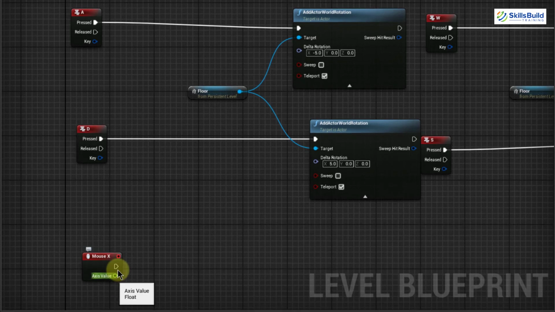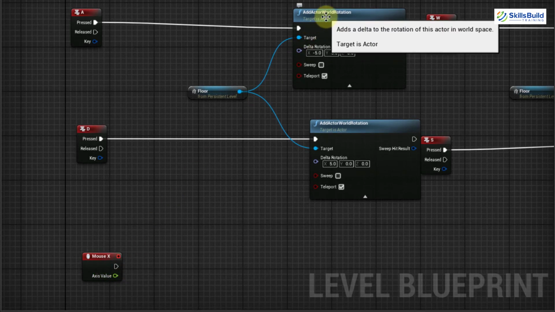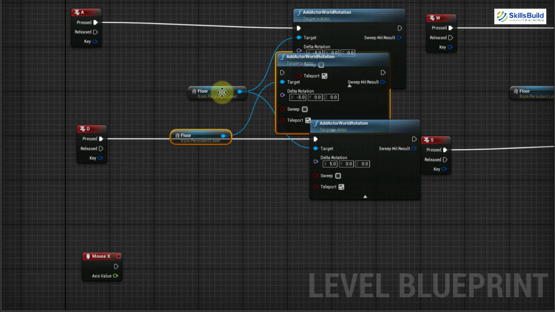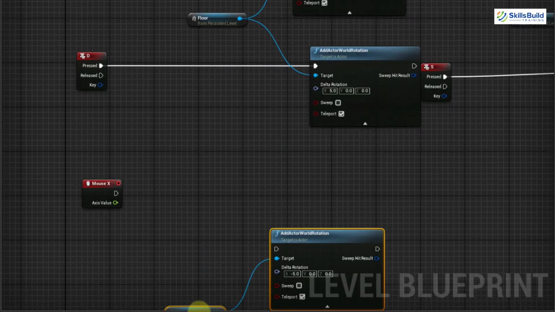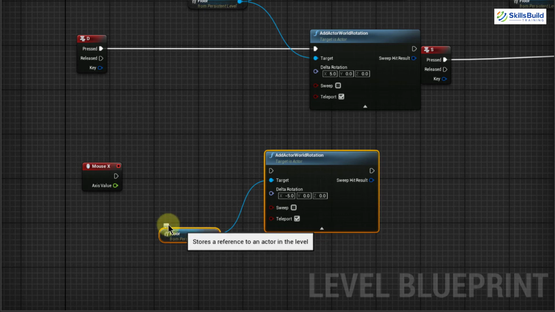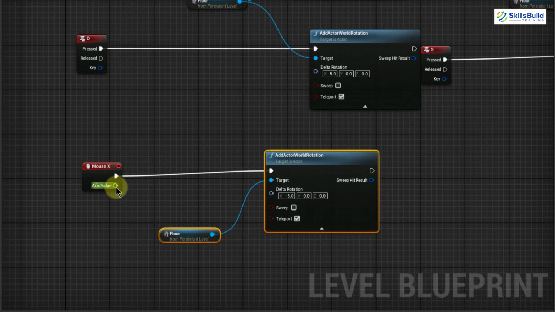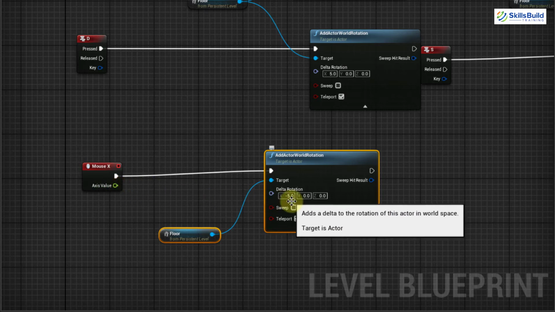We need to translate this value in the movement of our floor. So for that we have to select Add Actor World Rotation and our floor and make a copy of it. Now I will drag it and drop it downwards. Then I will attach my mouse X with my Add Actor World Rotation, and I will attach this value, which will come with the movement of our mouse, with this delta rotation value in